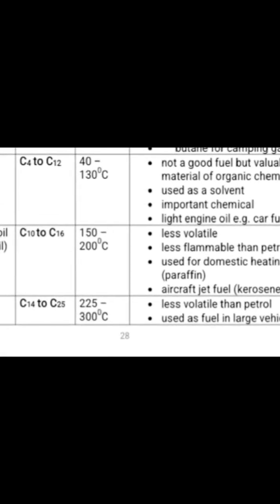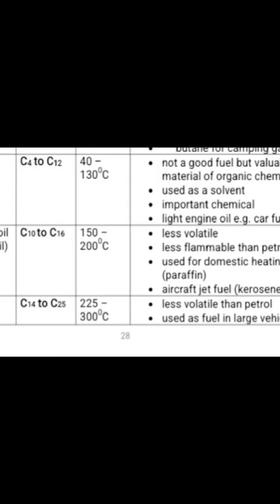The next fraction is called kerosene oil, also called paraffin oil, having components of about carbon 10 to carbon 16 at a boiling temperature of 150 to 200 degrees centigrade. It is less volatile. As you can see, the number of carbons is increasing, so volatility is decreased, and they are less flammable as well. But as the number of carbons increases, the efficiency of the fuel will increase, but the speed of the vehicle will decrease. As we know, petrol is a lighter fuel, so it can give speed to the vehicle, but